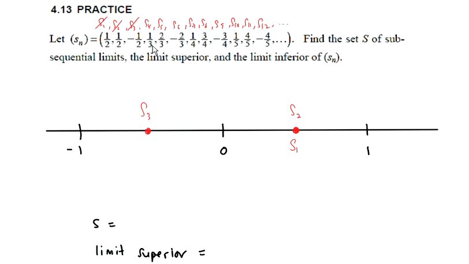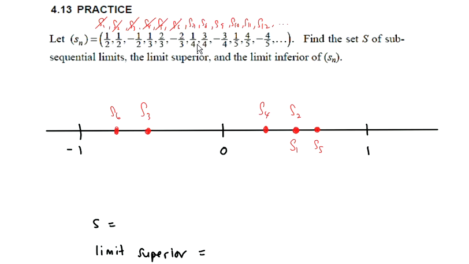Next S4 is 1/3. So let's say 1/3 here. So this is S4, 1/3. Next S5 is 2/3. So 2/3 here. So this is S5. Next S6 is minus 2/3. So minus 2/3 at this point. S6. Next S7 is